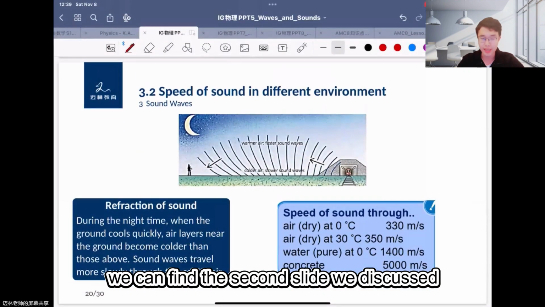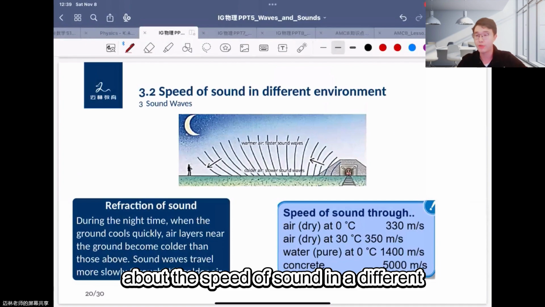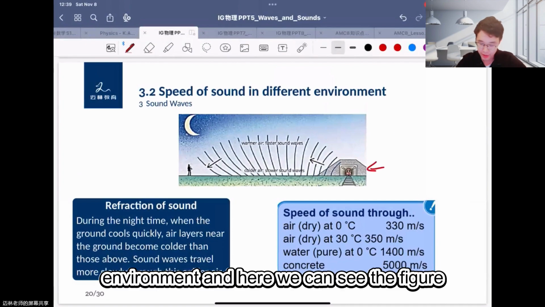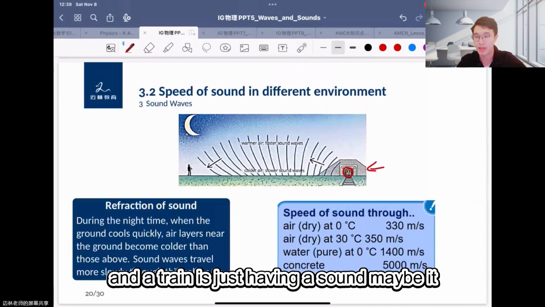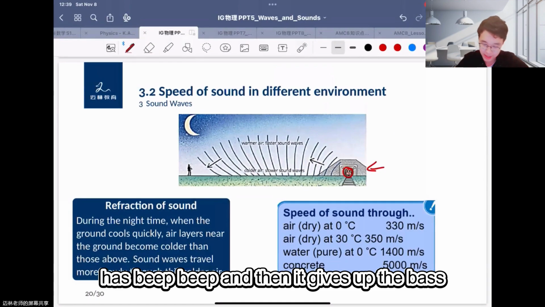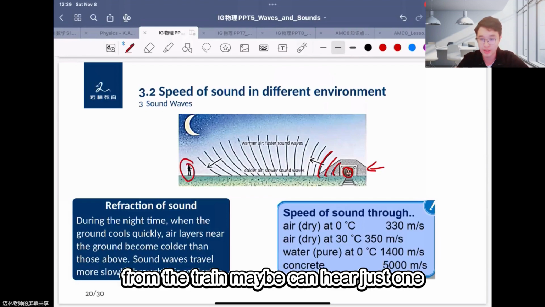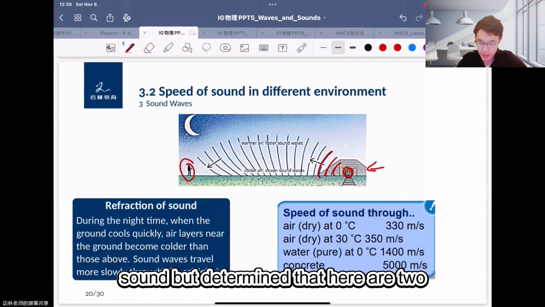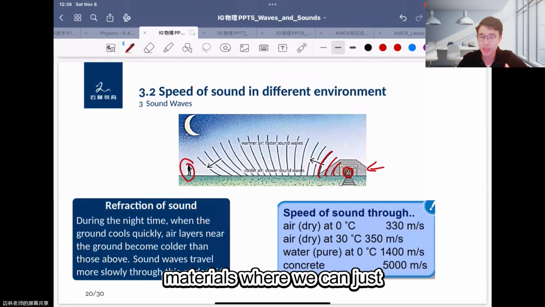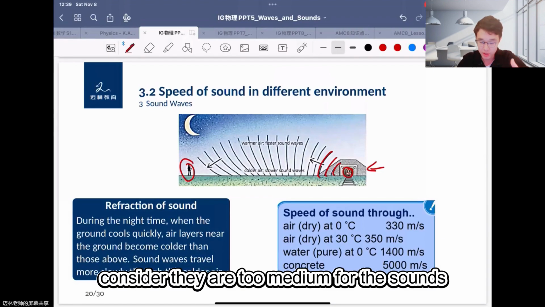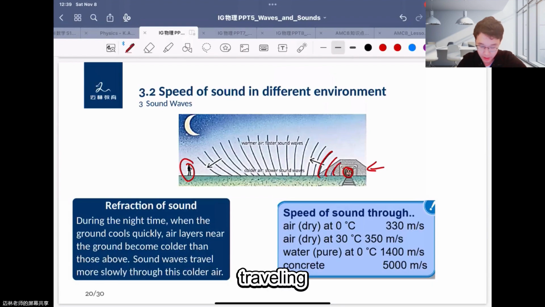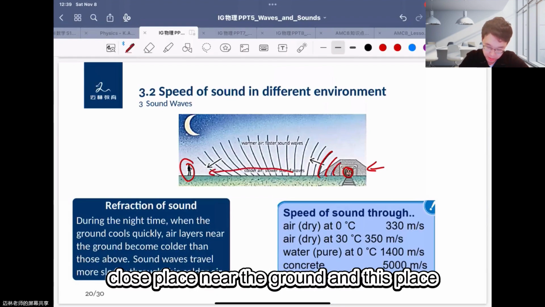And here you can find the second slide, we discuss the speed of sound in different environments. And here we can see the figure, and a train is making a sound, maybe it has beep beep, and then it gives off waves. And you can find the person very far away from the train maybe can hear just one sound. But to determine that, here are two materials, or we can consider there are two media for the sound traveling. First, you can find there is a place very close to the ground, and this place is very